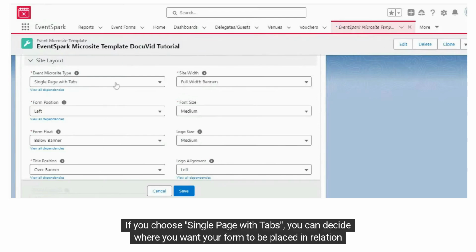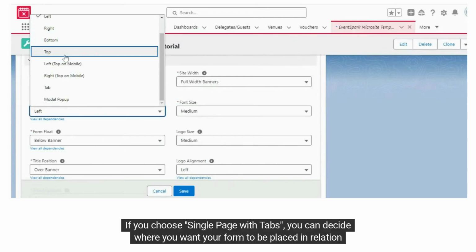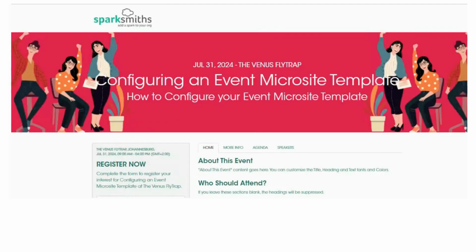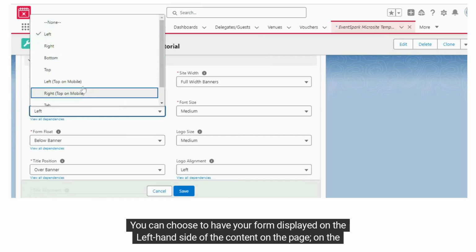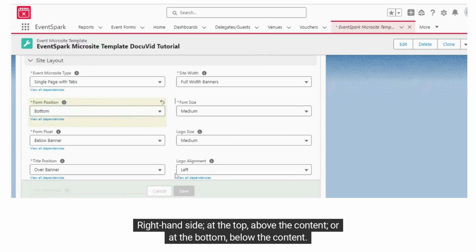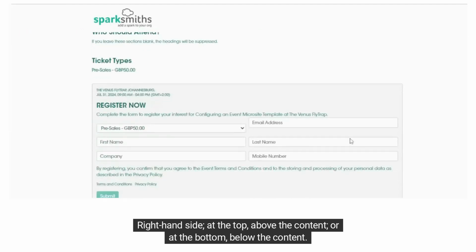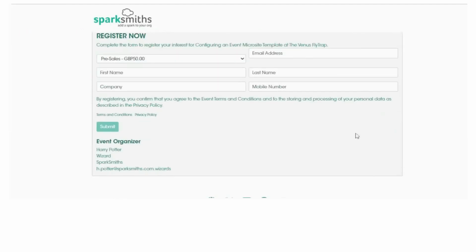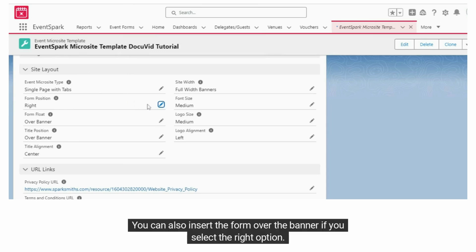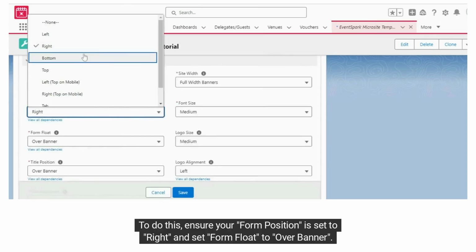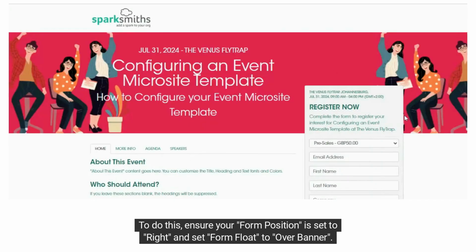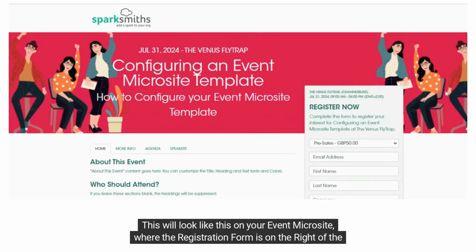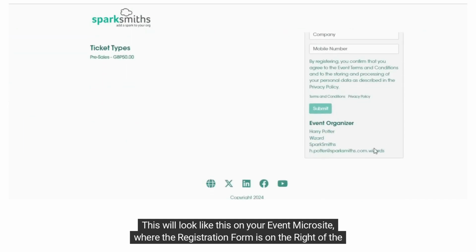If you choose single page with tabs, you can decide where you want your form to be placed in relation to your microsite. You can choose to have your form displayed on the left-hand side of the content on the page, on the right-hand side, at the top above the content, or at the bottom below the content. You can also insert the form over the banner if you select the right option. To do this, ensure your form position is set to right and set Form Float to Over Banner. This will look like this on your event microsite, where the registration form is on the right of the page